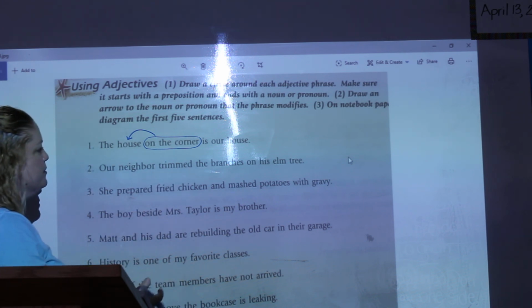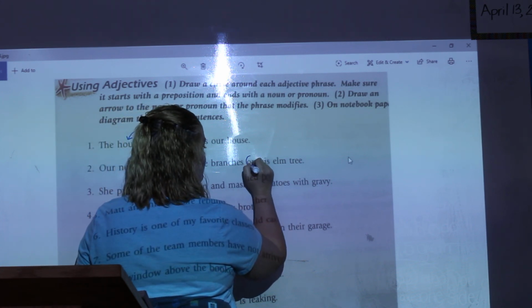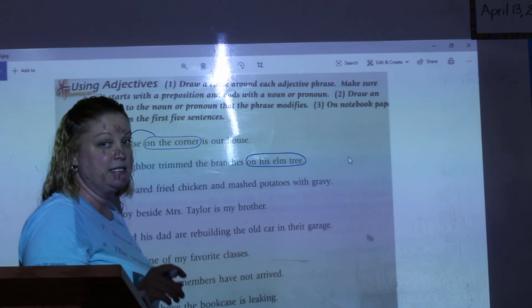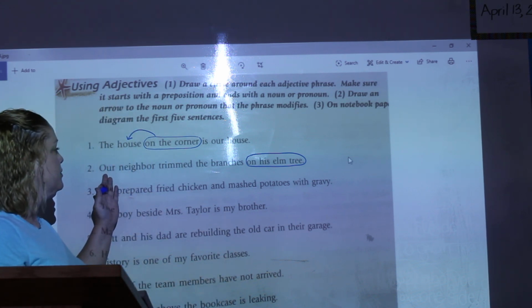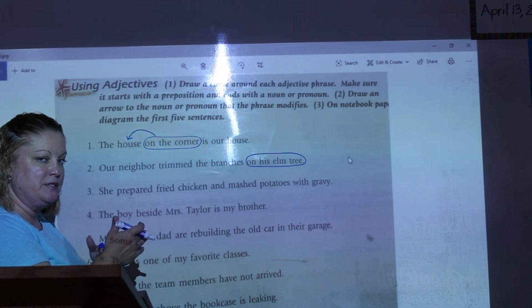Okay? Our neighbor trimmed the branches on his elm tree. Again, if we're looking for prepositional phrases, that should be fairly easy to spot by now. Okay? By the time we're in 6th grade, we should recognize prepositional phrases. Look for a preposition to start,